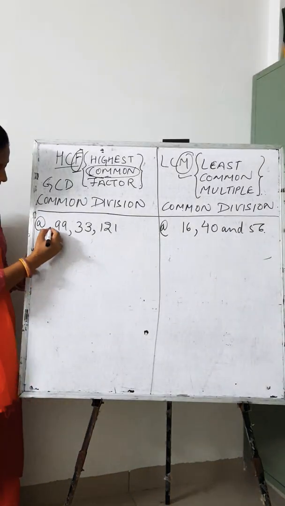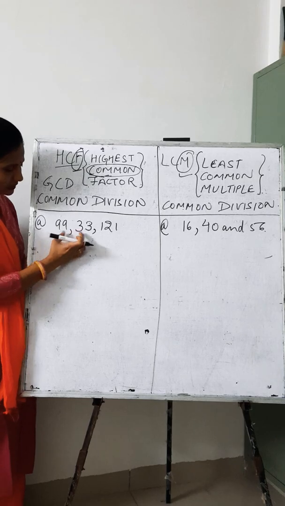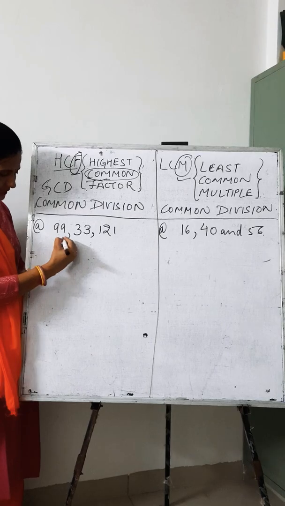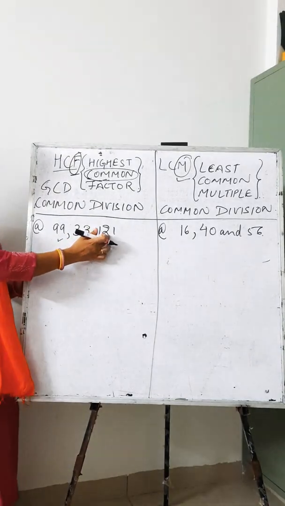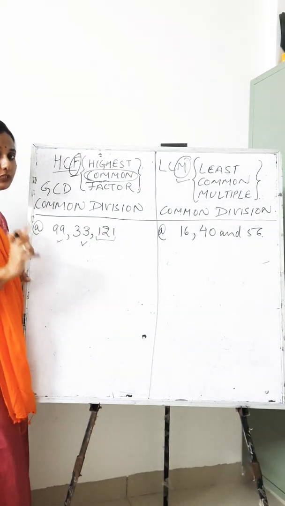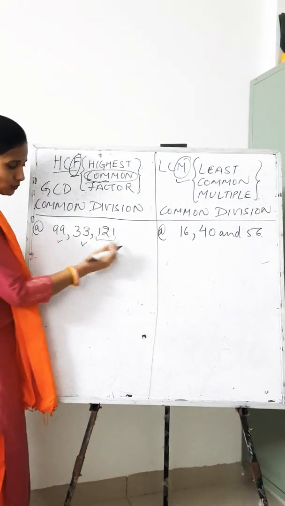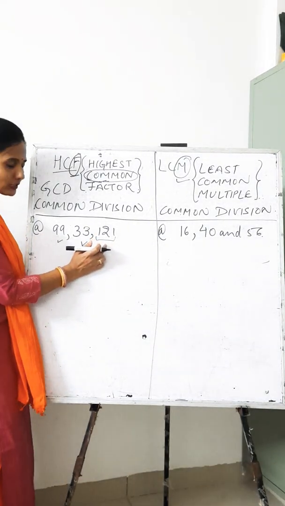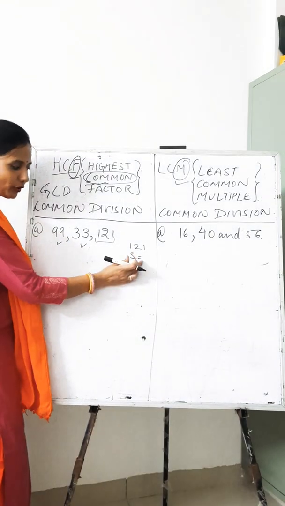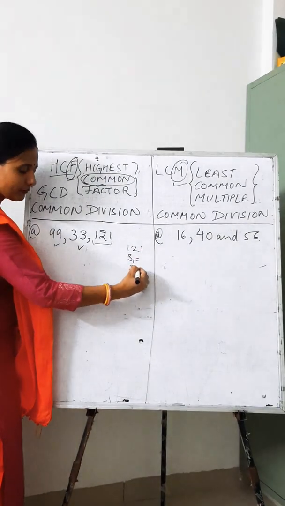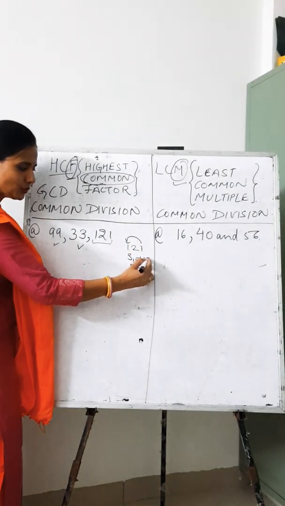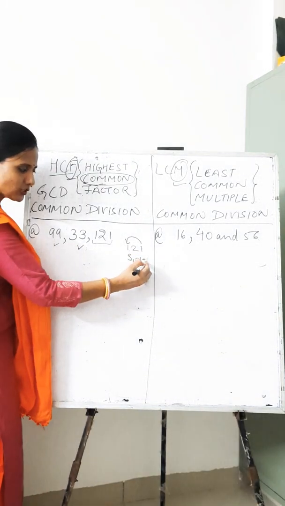Here, I can see that these all 3 numbers are multiples of 11, because 11 nines are 99 and 11 threes are 33, but I don't know whether 121 will go with 11 or not. But I have taught you in the divisibility rule S1 minus S2. By S1 minus S2, children, you can solve this 121. I have told you that S1 is the odd place series and S2 is the even place series. So the odd places have 1 and 1, so 1 plus 1 is 2.